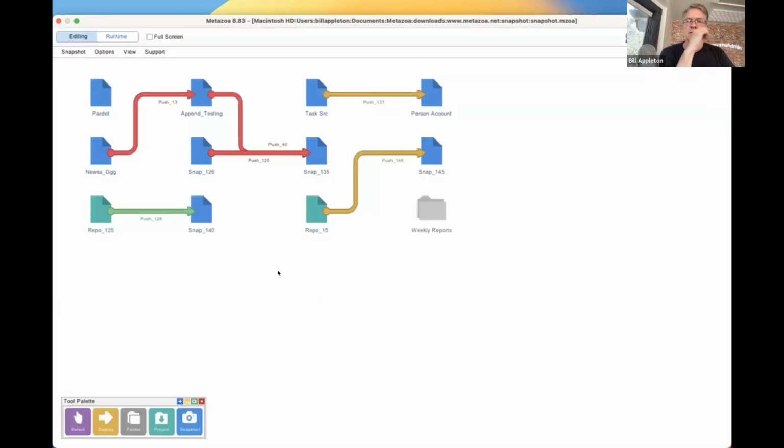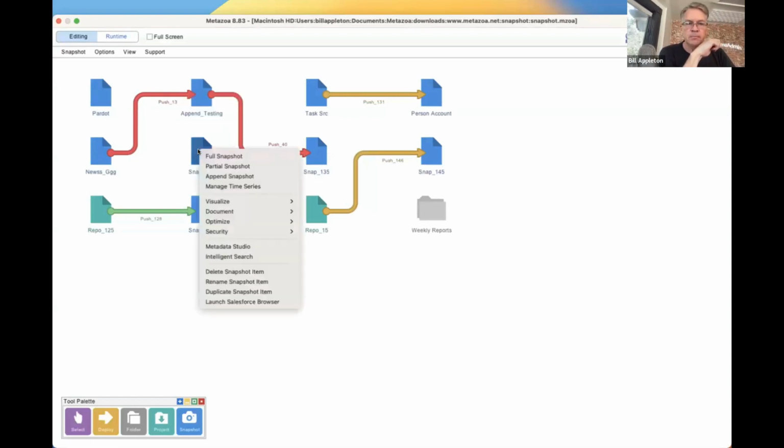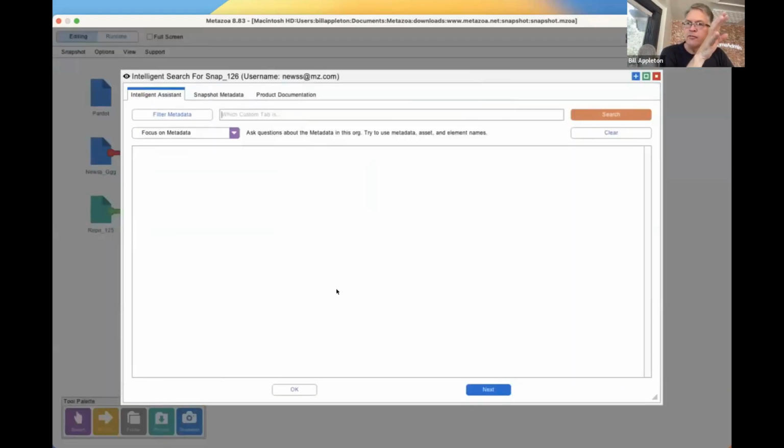All right, fourth way. I'm going to show you intelligent search. This is an administrative thinking partner that is kind of like an Oracle. You can just ask it stuff and it'll tell you all kinds of stuff about your org, and it's kind of totally freeform. You can just ask questions and follow up. So I'll show you, for example,